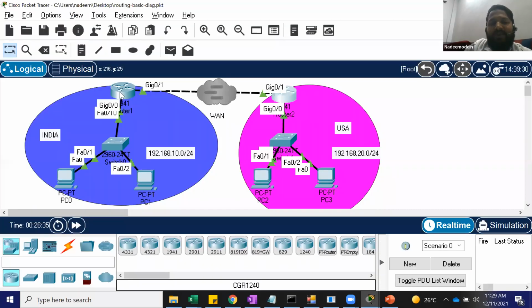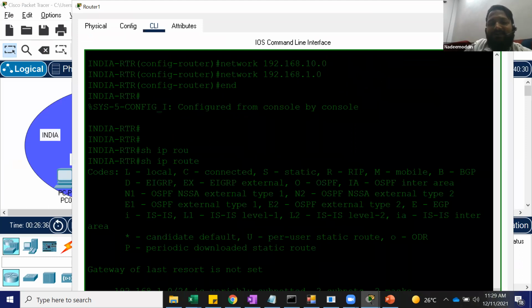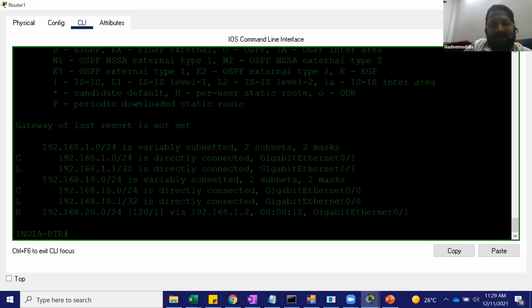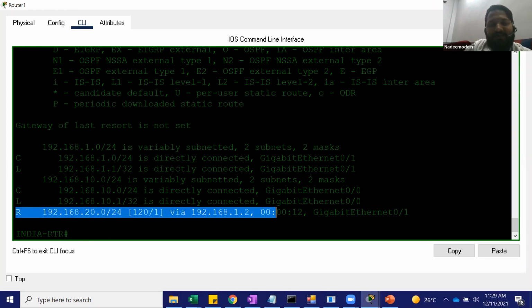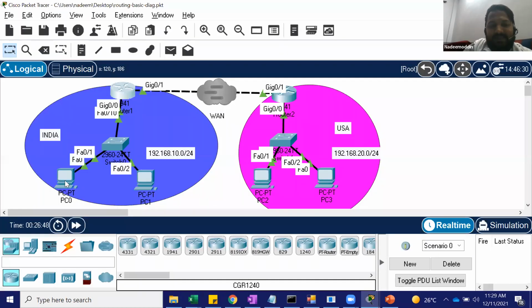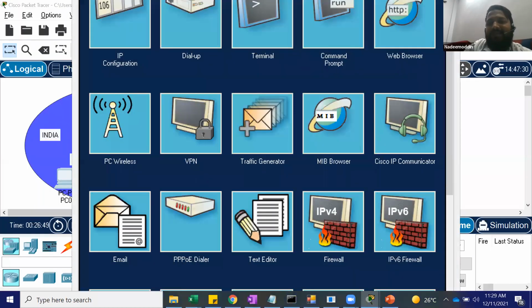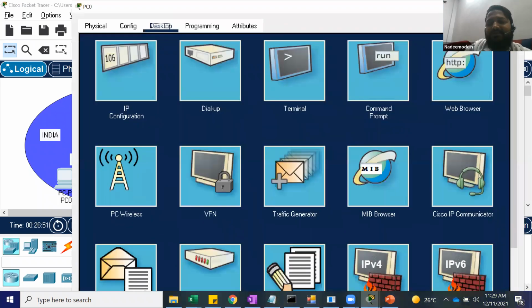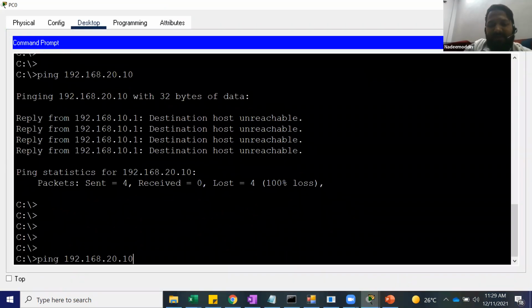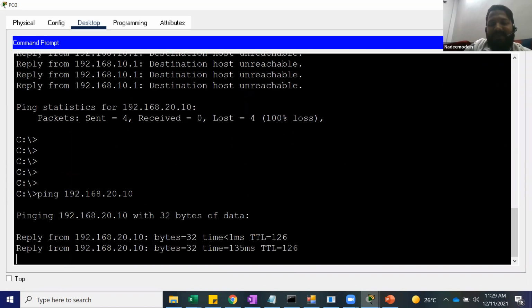Similarly, if you go to the India router, previously there was no route here. But if you put the command again, can you see? You got a new route here, the 20 network. So can this machine ping the USA machine now? If I go here and ping, yes, dynamic routing done.